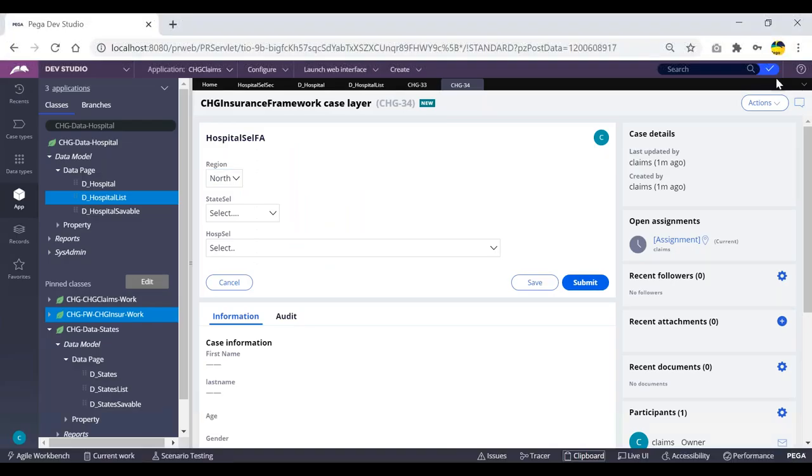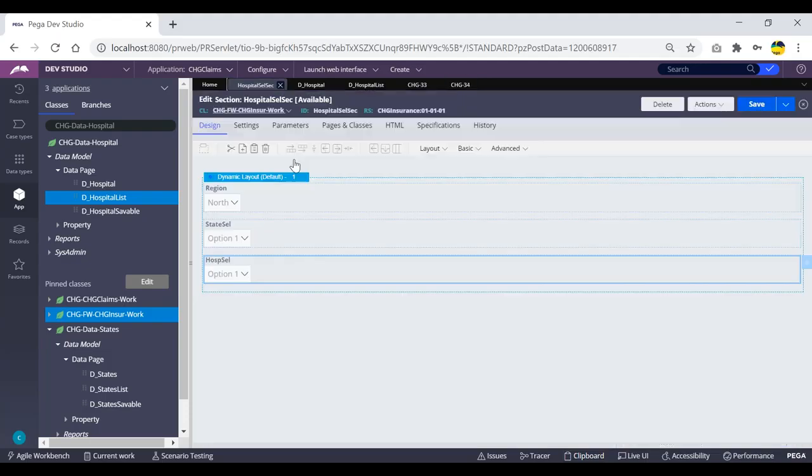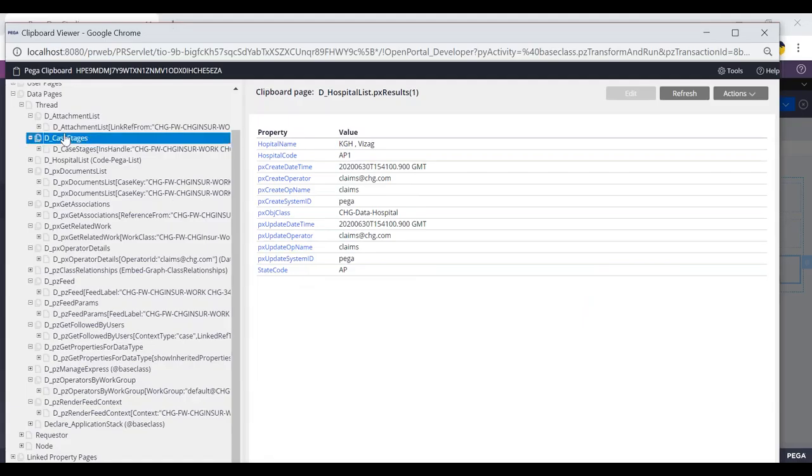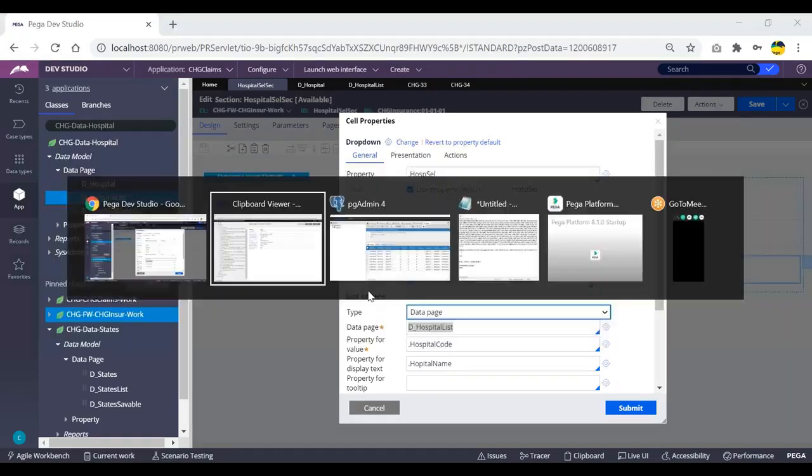Because during the time of refreshing, it will be loading this section again. It will be coming to this control. Whenever it comes to this control, it has to identify the source. So the source has to be executed. And what is the source? Data page. What is the name of the data page? Hospital list. Before executing this source rule, PRPC will be identifying whether this particular data page is already there on the clipboard or not. So this page, D_hospital list, is already there on the clipboard, and that's why